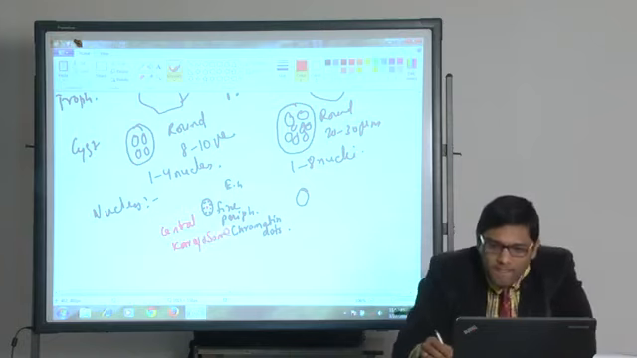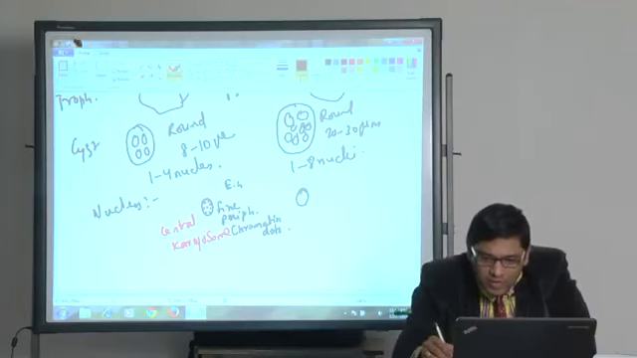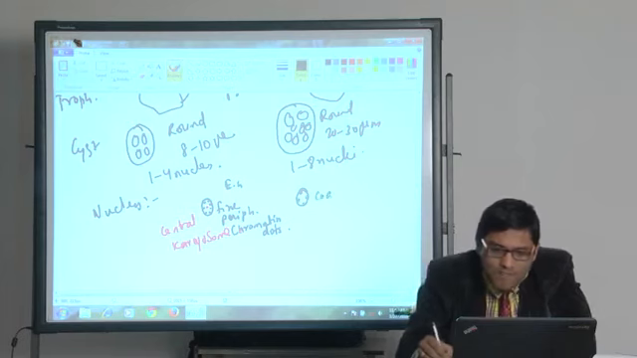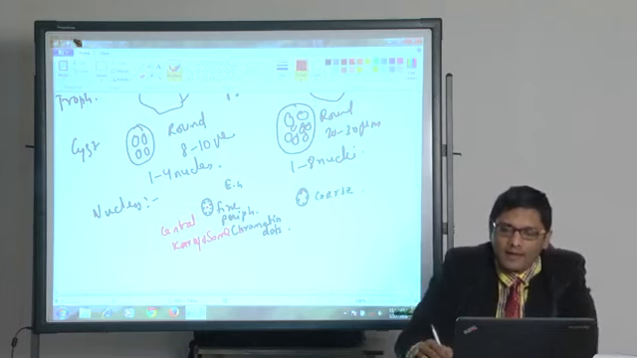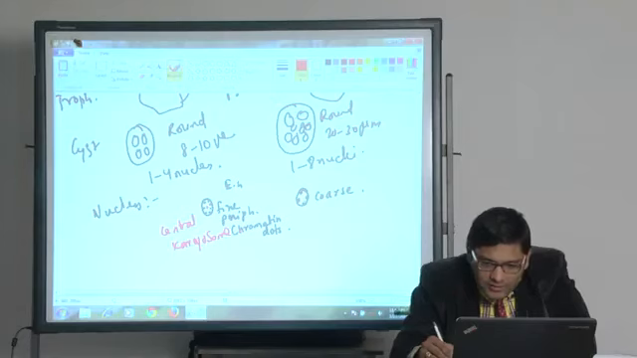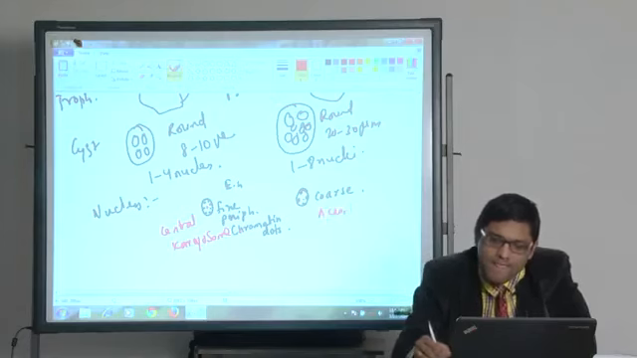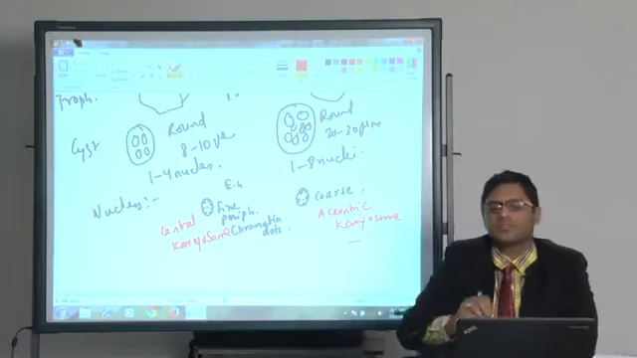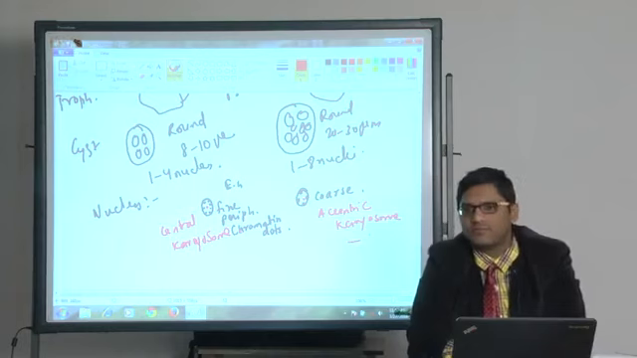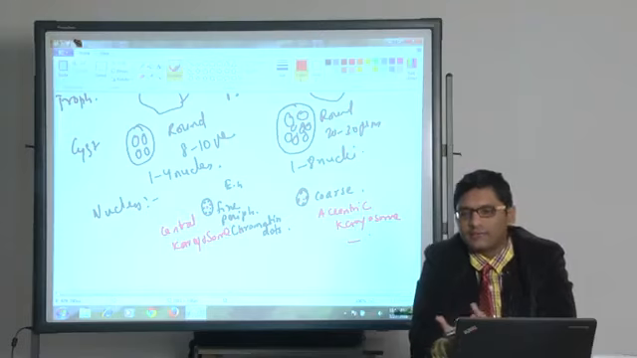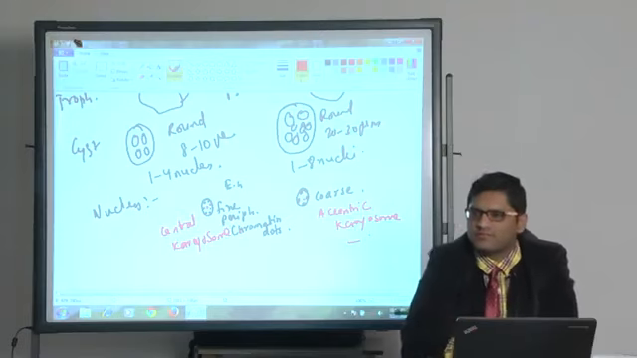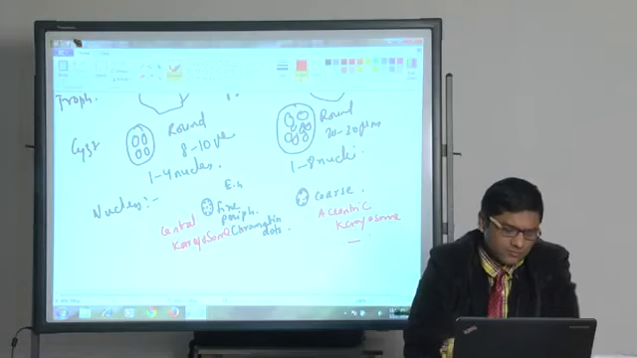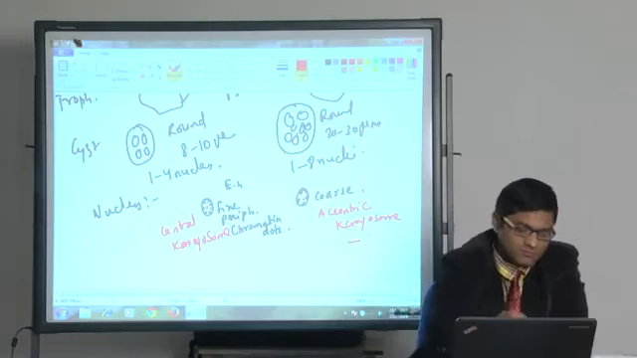Whereas in E. coli, the peripheral chromatin dots are coarse. Okay, and the karyosome is not central, it is eccentric. Eccentric karyosome. So this is how you can differentiate the inside of the nucleus. The individual nucleus of E. coli and EH can be differentiated based on these properties. Okay,